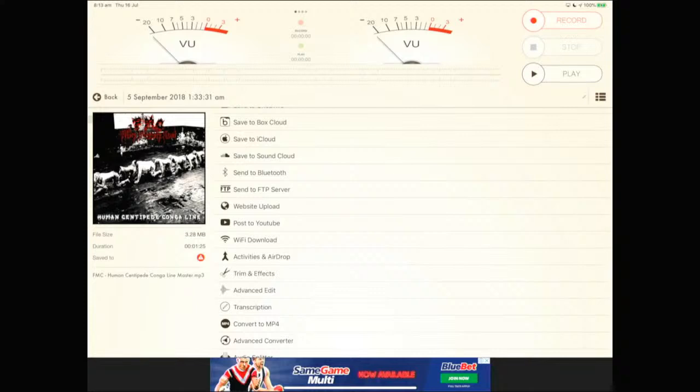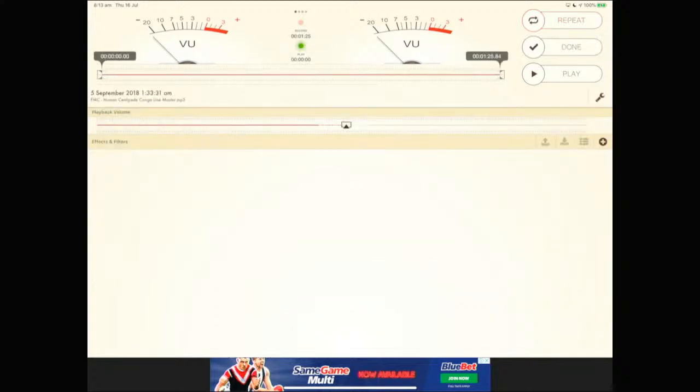There's a Wi-Fi download. There's a lot of things in here. You can even do things like trim and effects. So let's jump into that, because I think we all know how to save files and stuff like that. So when you hit trim and effects, you get brought to this screen here. So if I hit play,